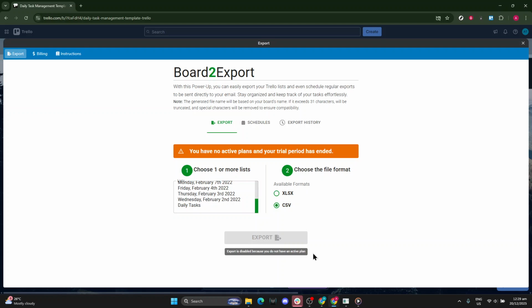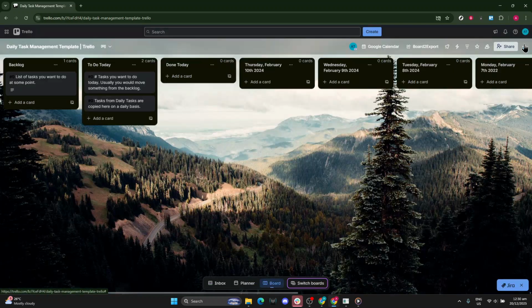That's the whole process. Open your board, add the board export power-up, wait for it to fully load, select the export options, choose CSV, pick your fields, and finalize the export. If anything takes longer than expected, simply wait. It's normal during setup and